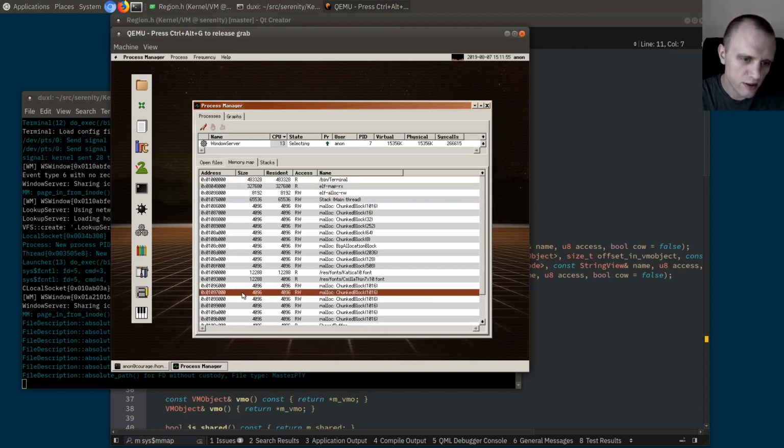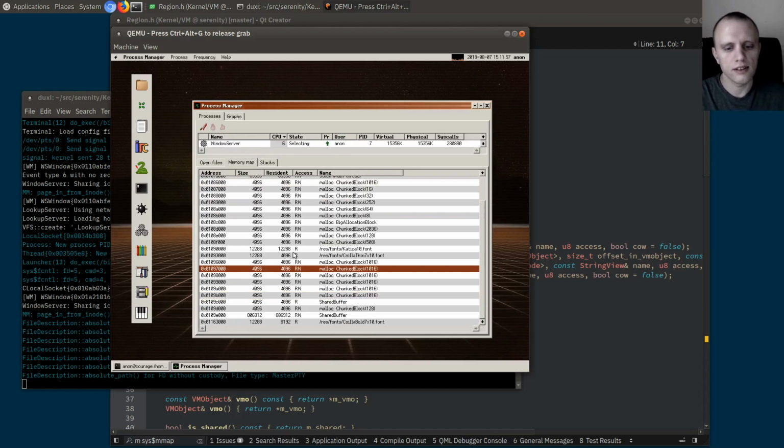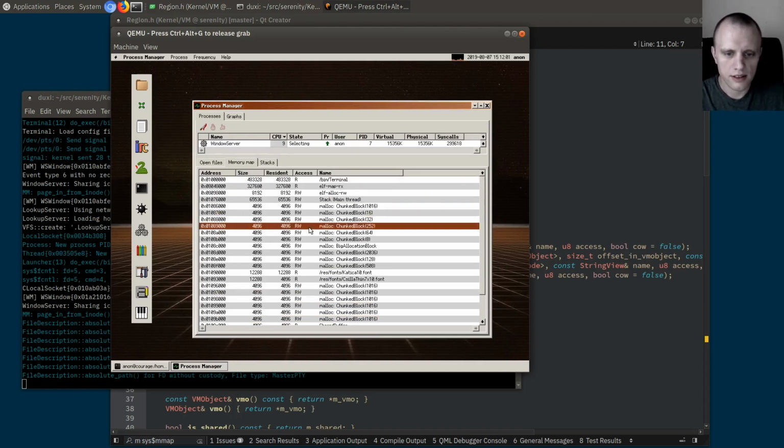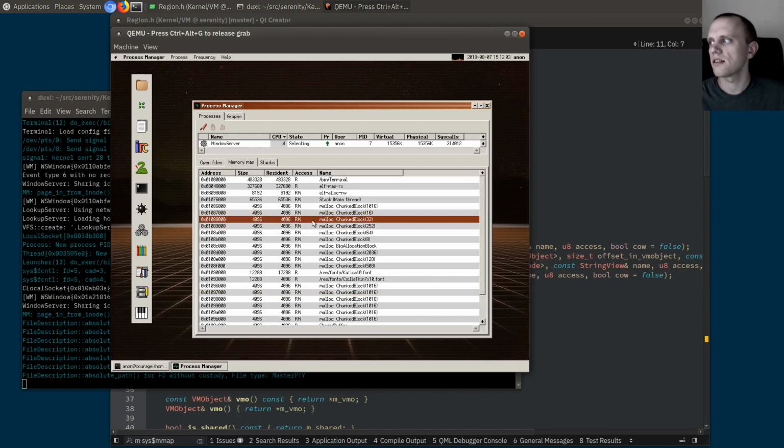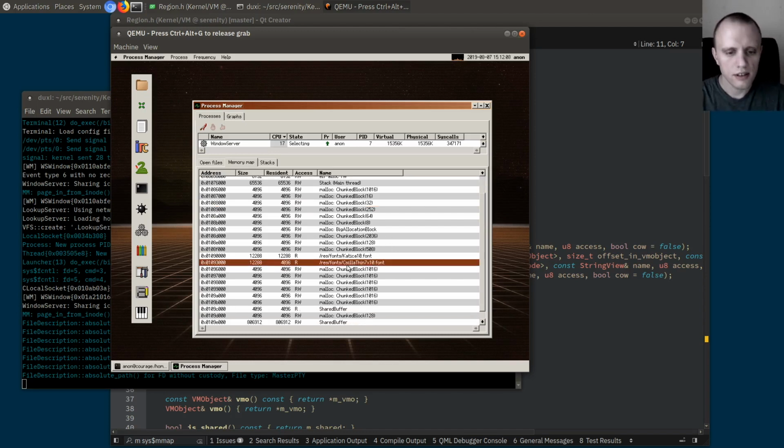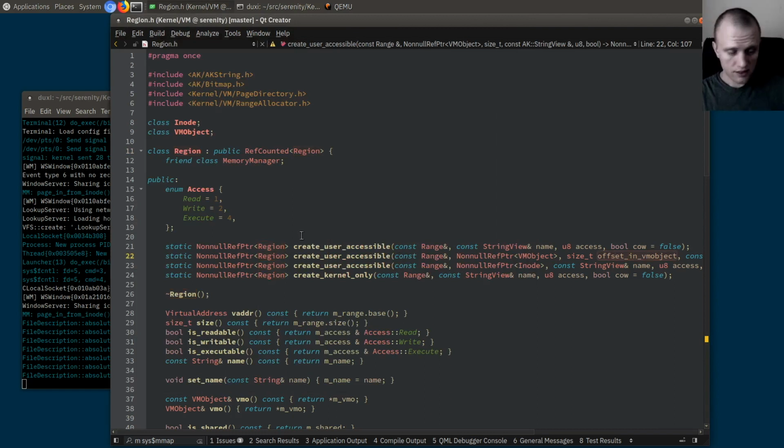Anyways, each one of these is a region, right? And some of them are anonymous, like these guys here. Anonymous means that it's not backed by a file on disk, but rather it's just floating in RAM. And then here, these guys are not anonymous, these are file-backed, so these are memory-mapped fonts. And the way that this works